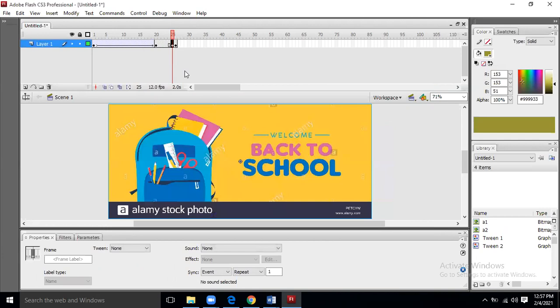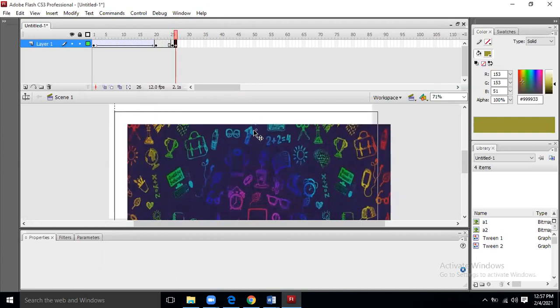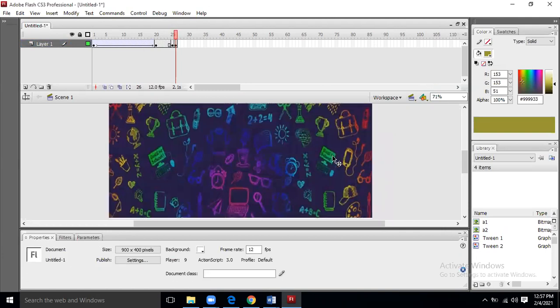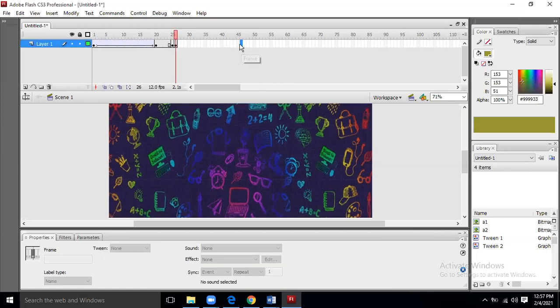What will I do now? When this image is going to be removed, right after that, this image is going to appear. Okay, this image that I have placed over there is going to appear, and I make it visible for, let's suppose, 20 frames or 15 frames. Now this is visible for some time. Now after some time, I want to bring another image, or I say that this should move.